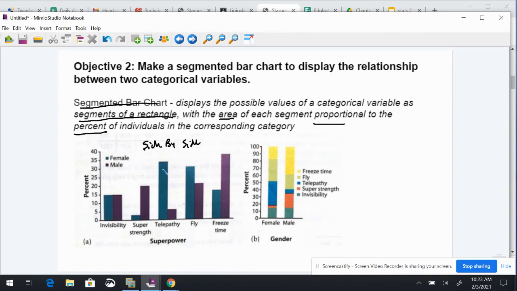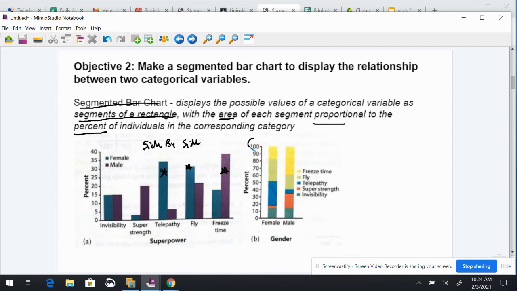You could see that it was telepathy. And the second choice is to be able to fly. And for males, it's freeze time. When we go over here to the bar, we have to understand, first of all, both of these rectangles are